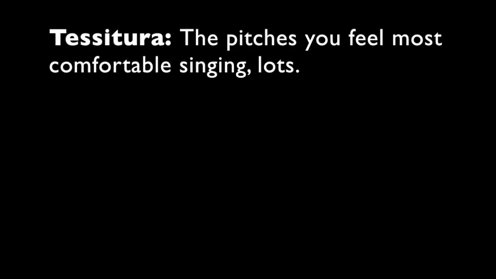Not to be confused with vocal range, your tessitura does also describe pitches you can sing, but it's different because it doesn't include the highest and lowest pitches. Rather, your tessitura is just the sweet spot in your voice, where you feel most comfortable and want to sing all the time. A person's tessitura usually spans about an octave and sits in the middle of your voice. This is particularly helpful for identifying singers who have a really large range but may prefer to sing in one area more than another. For example, many mezzo-sopranos can hit a high C, but they may just feel more at ease singing in a lower tessitura.